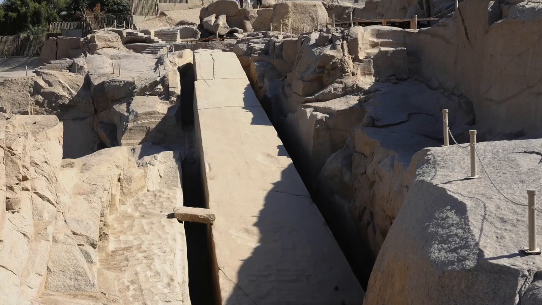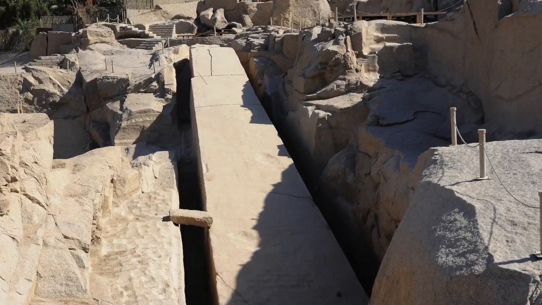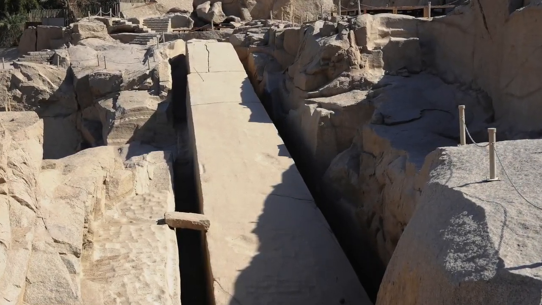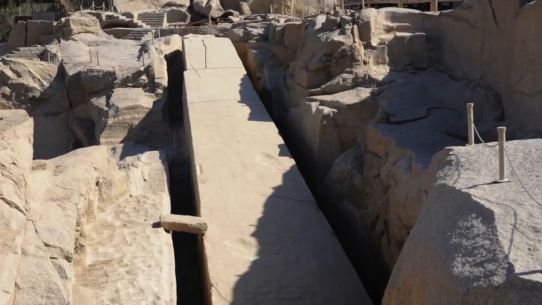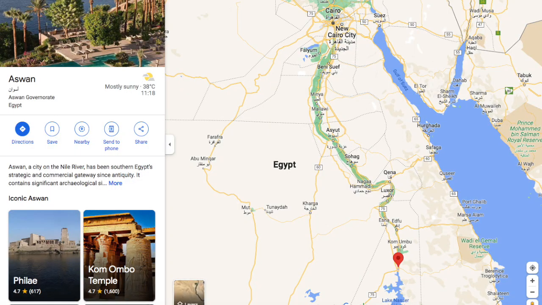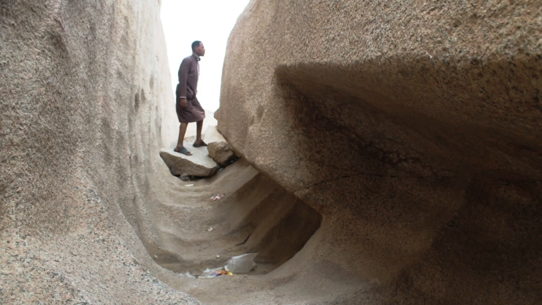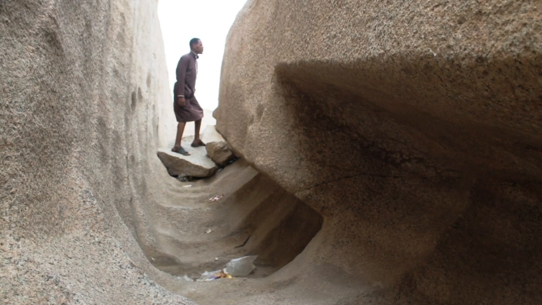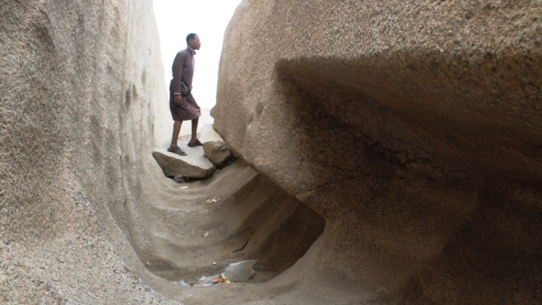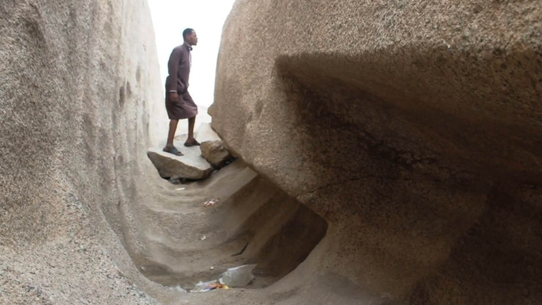Brier writes that the granite would not even be required until approximately the 12th year of construction, but the project required so much of it that work needed to begin far away at the Aswan quarry almost immediately at day one. Granite is, as you may know, an impossibly hard stone to work with, and how indeed the Egyptians even worked it at all is a subject of its own, far beyond the scope of this video.